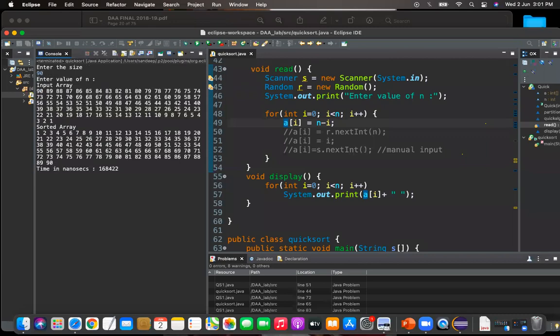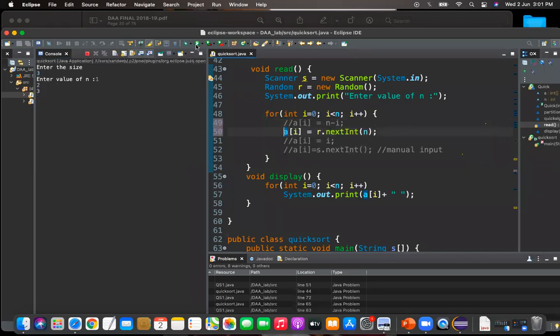What is the time it has taken to sort this array? It is 1,68,000 nanoseconds. You have seen these options in the previous case, the merge sort example itself. Now again I will give 90.